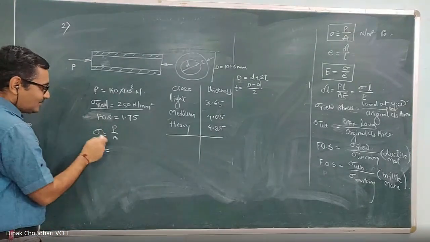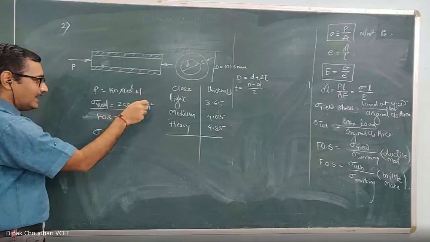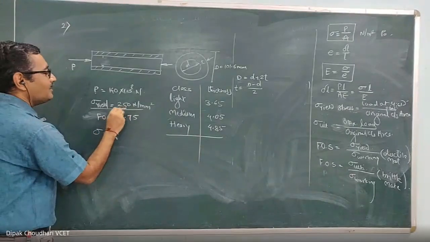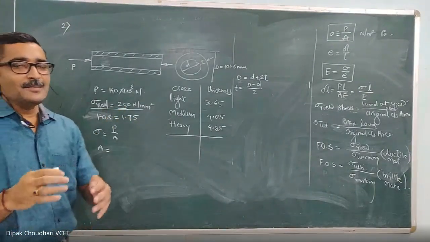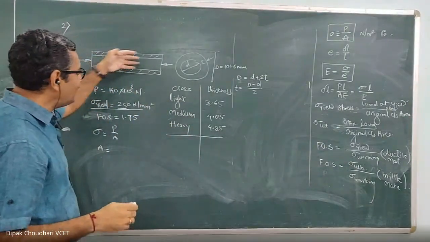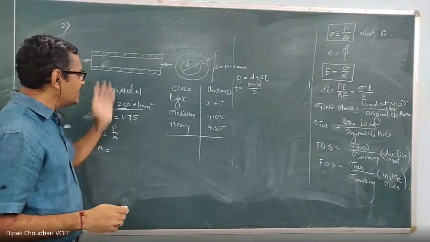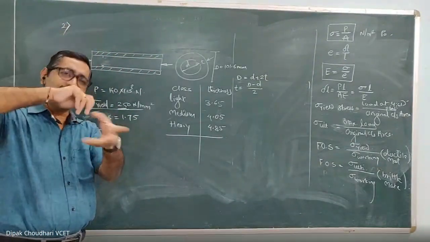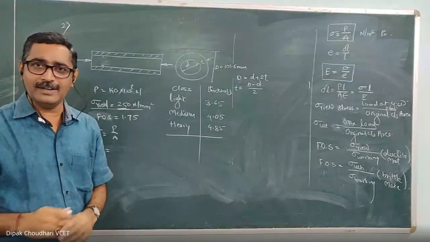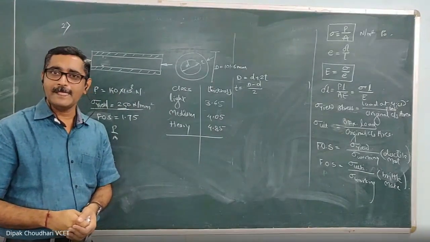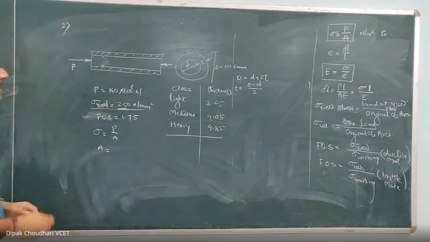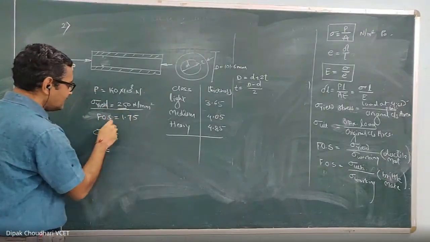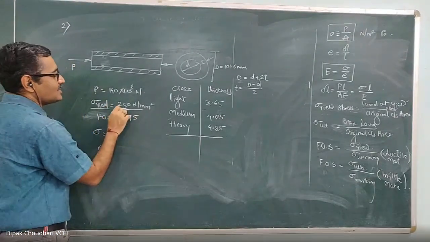Okay, but this thickness you will get on the basis of yield stress. Corresponding to this load, when we use this thickness, the induced stress will be the yield stress, and at yield stress yielding will start and it may fail. Here it may not work satisfactorily. Understood? So we are not supposed to calculate the thickness on the basis of the yield stress.